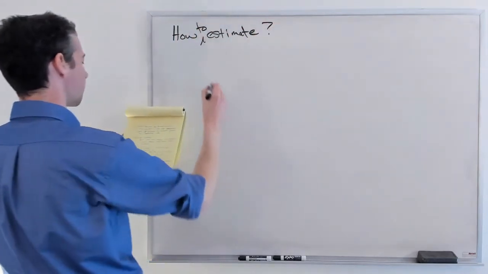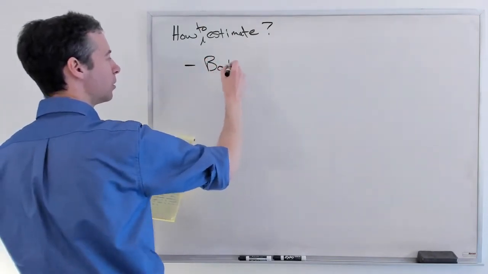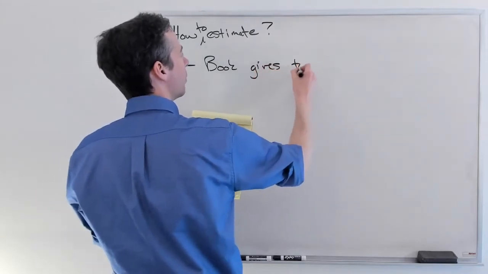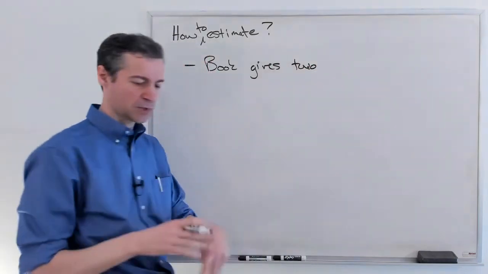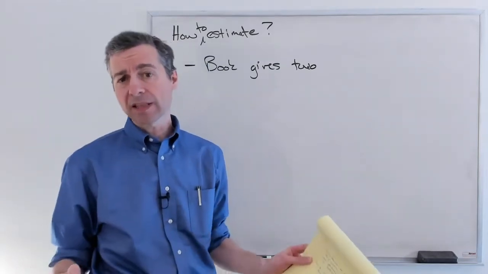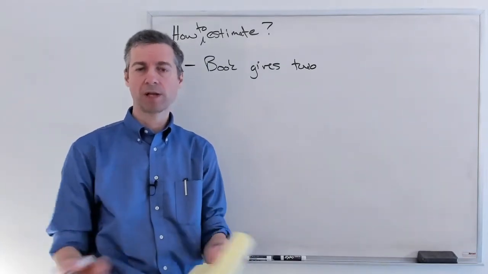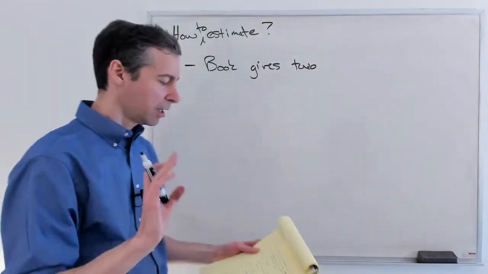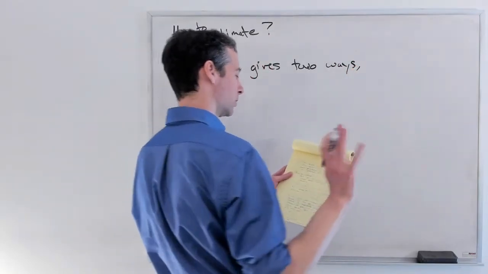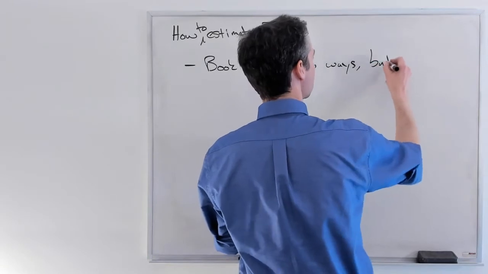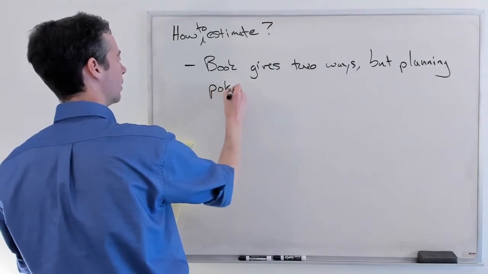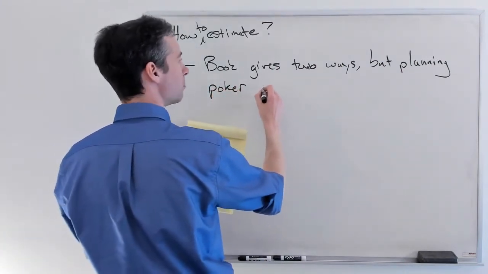So how to estimate. The Elements of Scrum book that we have gives 2 ways. One of them is this somewhat complex thing. You're putting the stories out, you're moving them around, you're organizing. I really like that way because it stresses the relative comparison of stories and there's lots of discussion. Now, it turns out though, and please read that in the book, okay? But students like planning poker, and I have nothing against it. It's a great consensus mechanism.